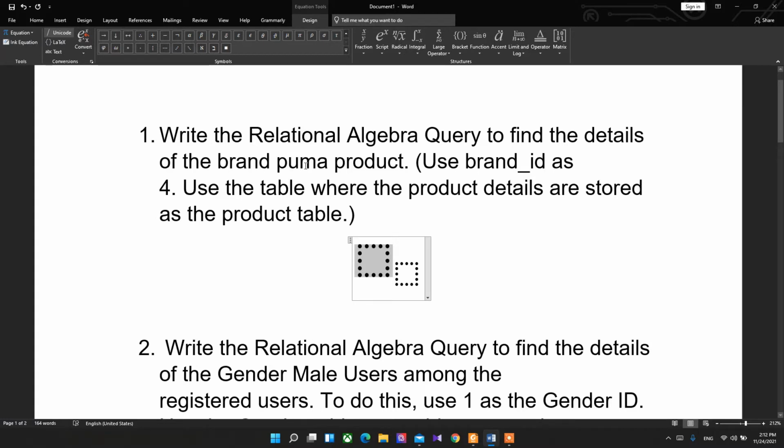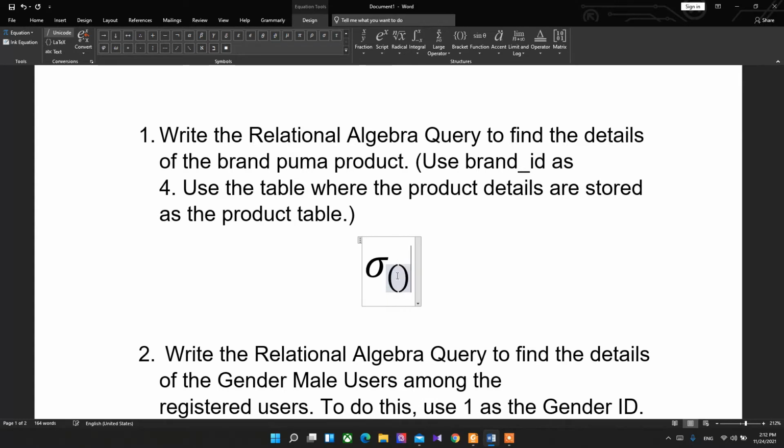brand Puma products. To do that, we have to use the sigma function, sigma mark, and we have to specify the brand ID, which is the condition in here. Brand ID is brand underscore ID according to our database.